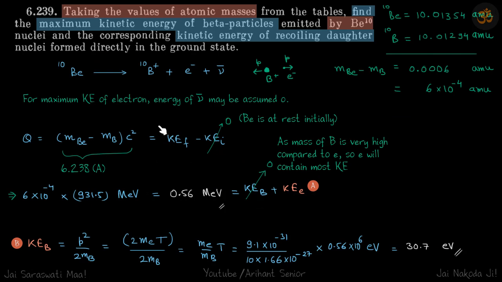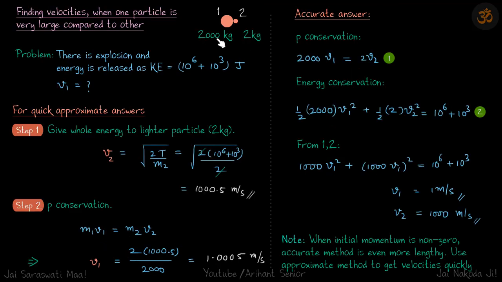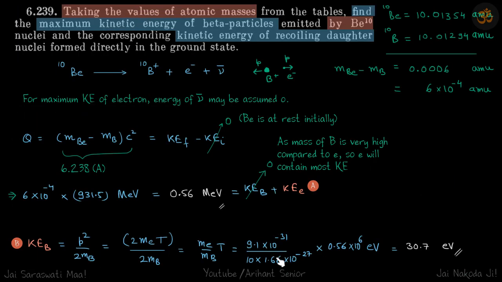So you can see that we have an electron and a boron nucleus. You can see here itself, this is the mass of the electron upon the mass of boron. So you can see that this mass of boron is almost 10,000 times larger. Here we saw that when it was just 1000 times larger, the answers were also very near to each other. And here the difference is 10,000 times. So our assumption is valid. We are going to use this assumption again and again in the next few problems, so be familiar with this concept. All right.